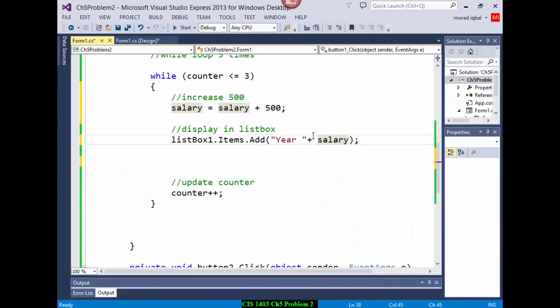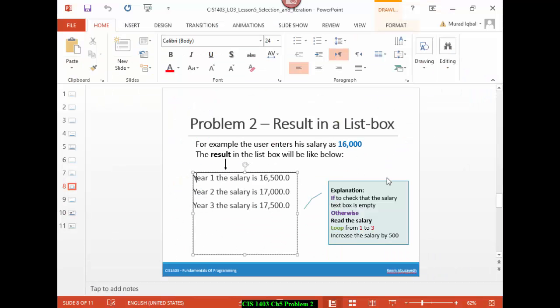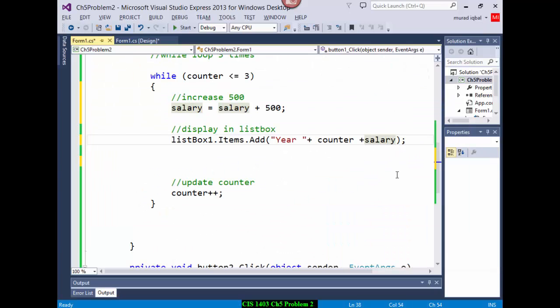Counter, yes, year 1 will come like a counter. Your year 1, the salary is, and then a string. You should remember the string concatenation. Go back and do the exercise of string adding also, string concatenation. Year 1, the salary is